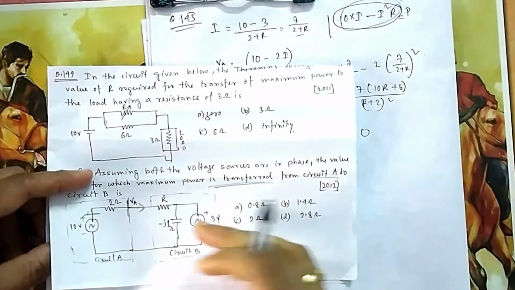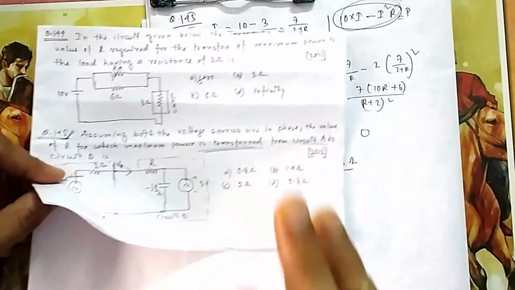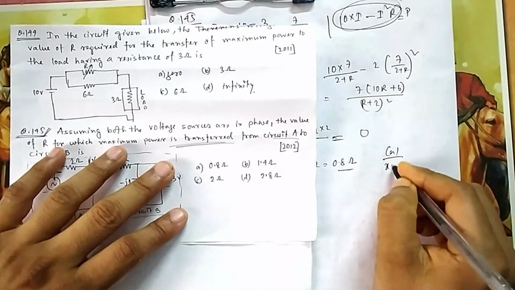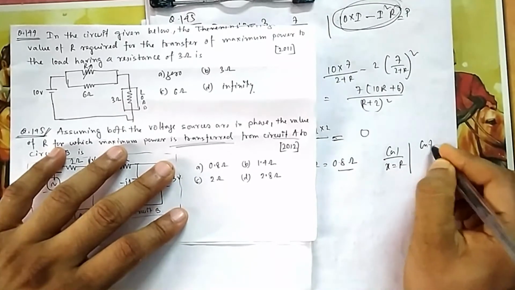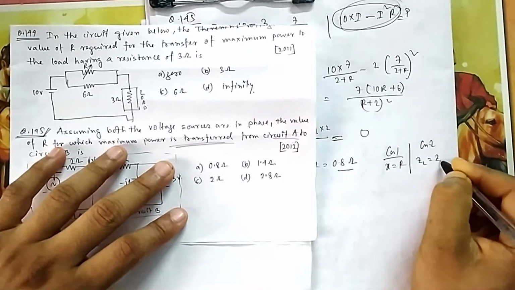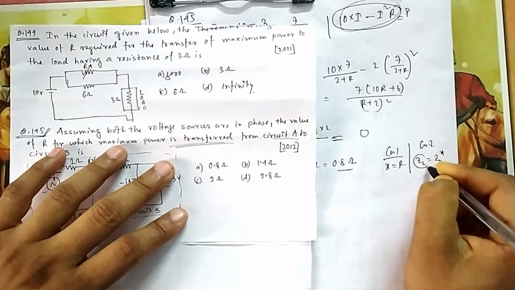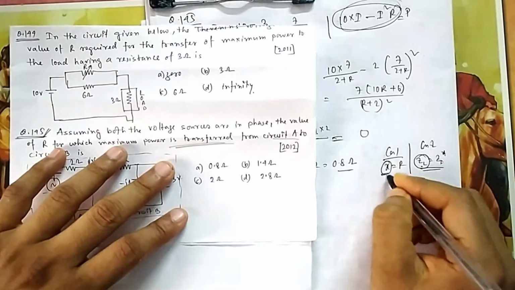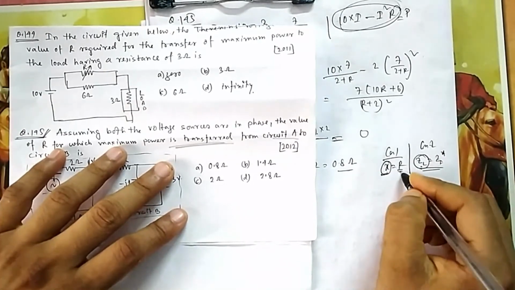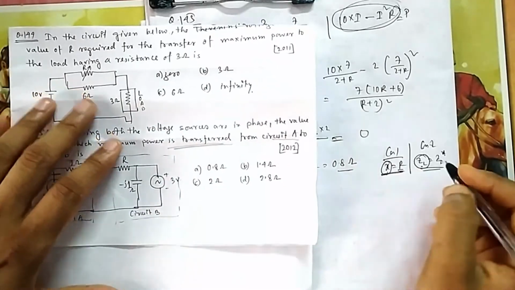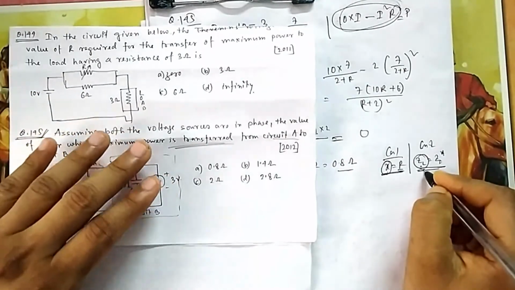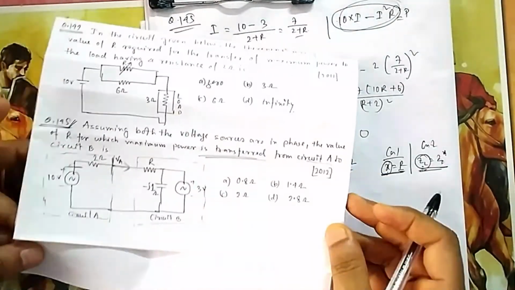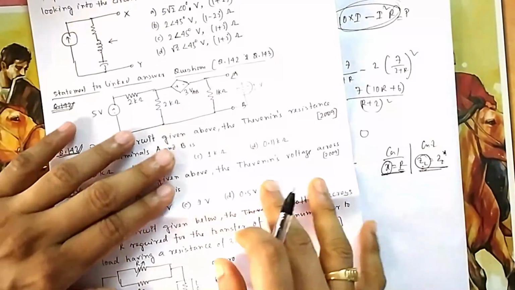You put the options in one by one and check. But don't use those cases. I am again mentioning that the cases are very specific. Case 1, external resistance should be equal to internal resistance. Case 2, external impedance should be equal to Z star of internal. If your load is varying and it is Z, then you apply this one. If your load is varying and it is only resistance, then you apply this one. Internal is also resistance, load is resistance, apply this. Internal is also impedance, load is also impedance, load is varying, apply this. In all other cases, take the differentiation of that power which is to be maximized.